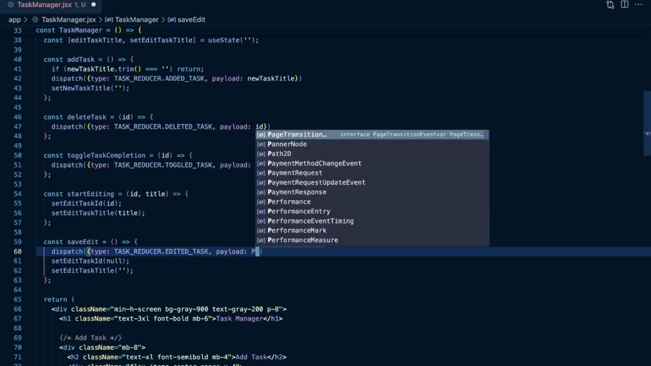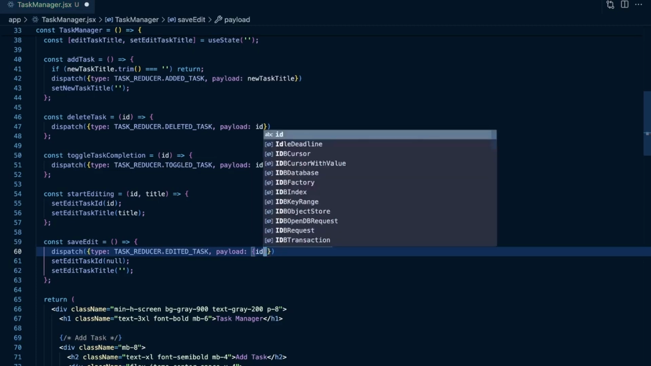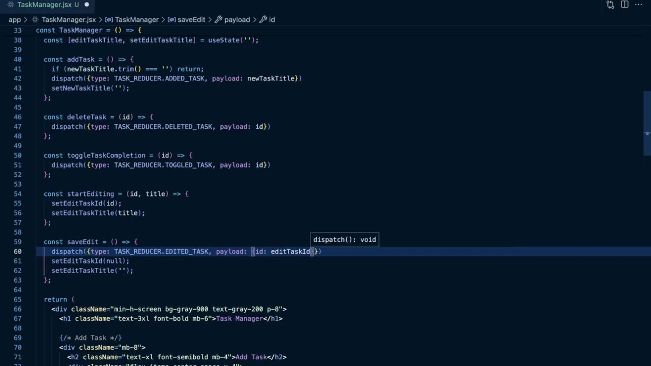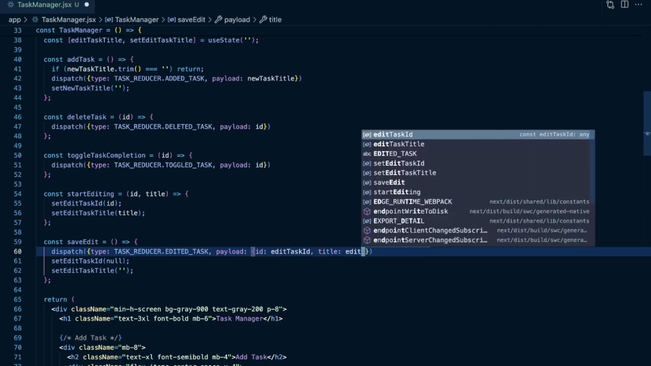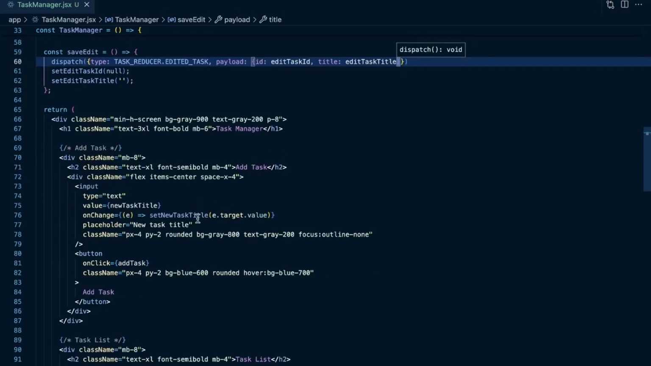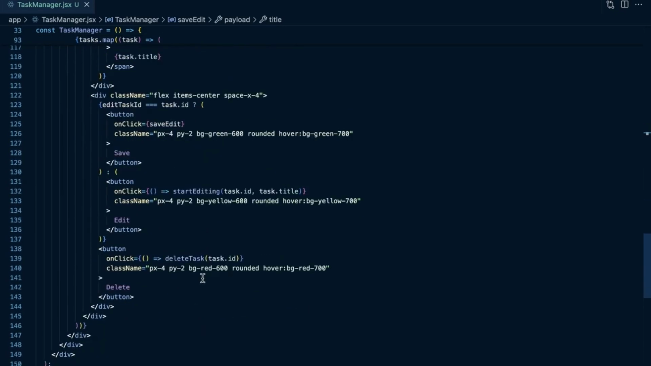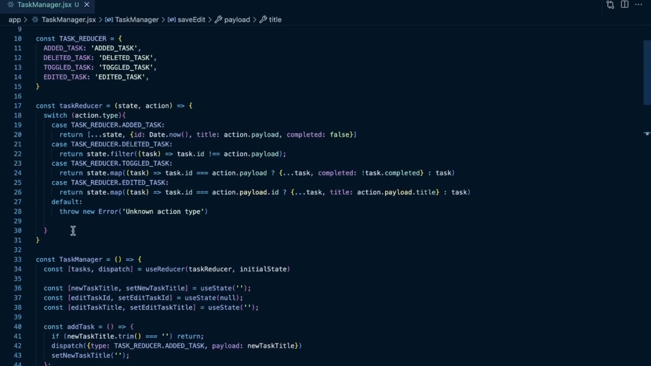So we'll have a payload that is going to be an object to where the ID is going to be our edited task ID or edit task ID. And then the title is going to be our edit task title. And then everything within our code should remain the same because we're still calling all these functions with the same stuff. We might have actually wrote a little more code there with adding the reducer and adding these constants, but